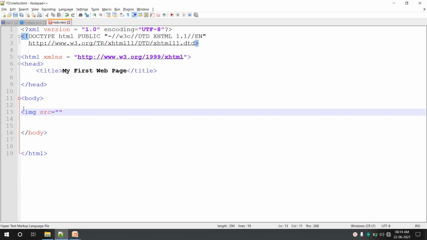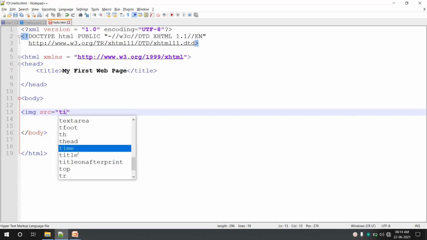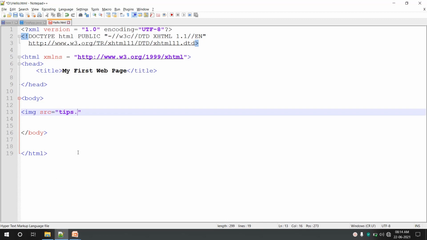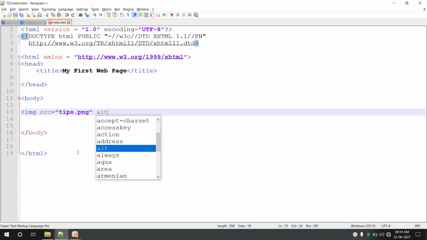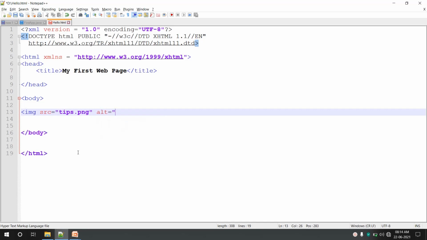I have saved my HTML file in the D drive, you can see here, and in D I have a photo with the name tips.png.